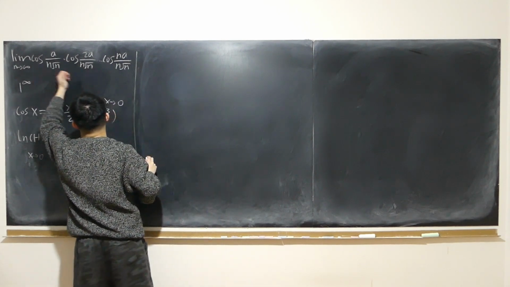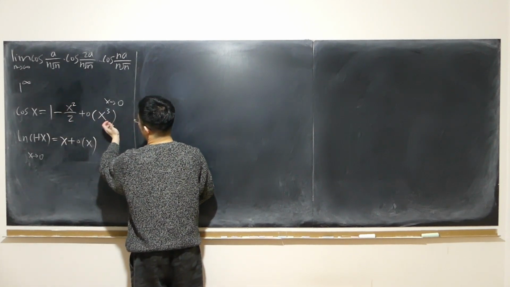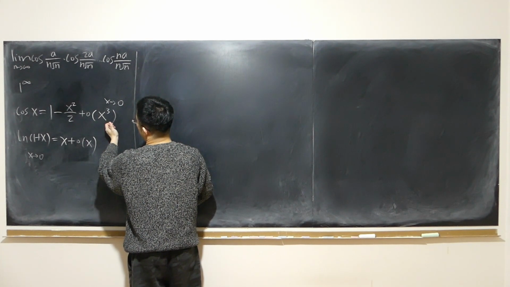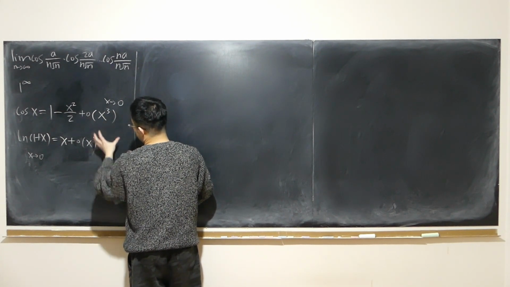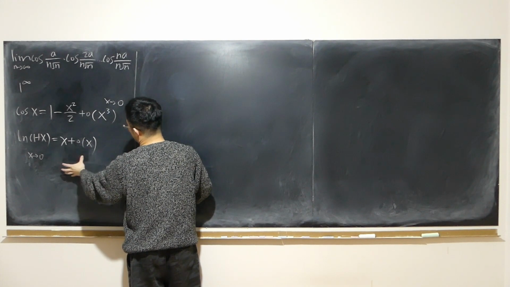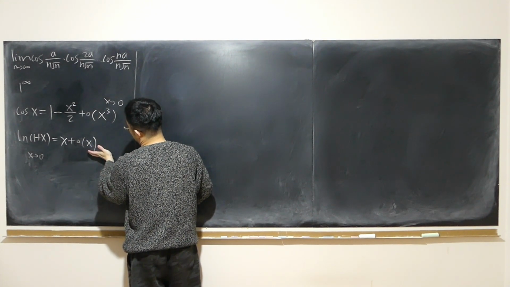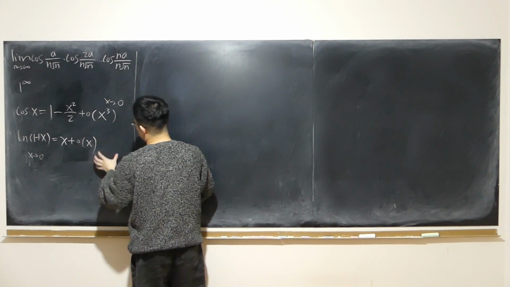Now I'm going to, after I take the logarithm on both sides, use Taylor expansion with polynomial Peano remainder for cosine, and Taylor expansion for logarithm with Peano remainder. Right? So the meaning of little o is that,